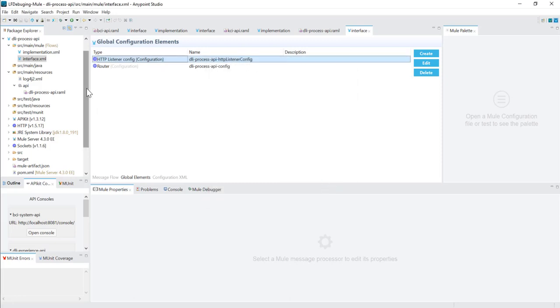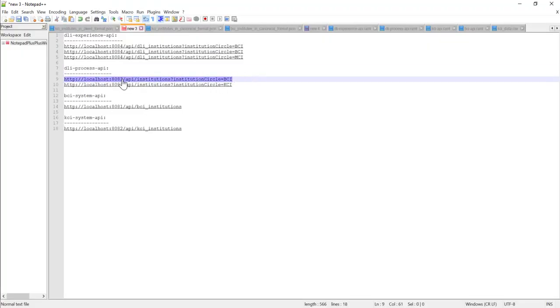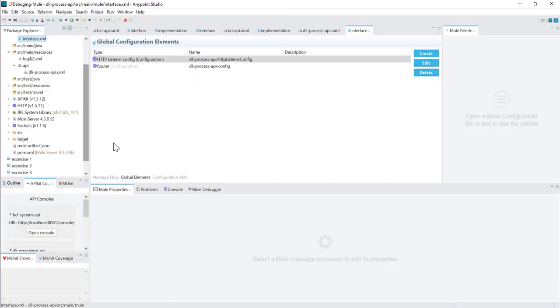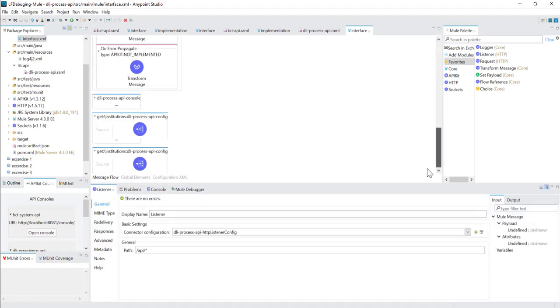So with this we can see that the DLI process API is having this path, and when this one is fetched, it will forward the request through this APIkit router.